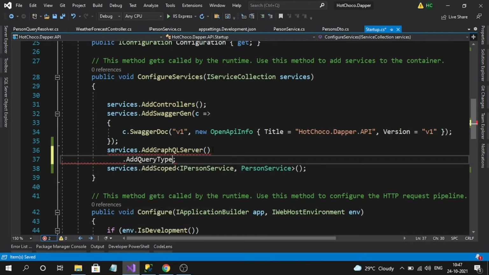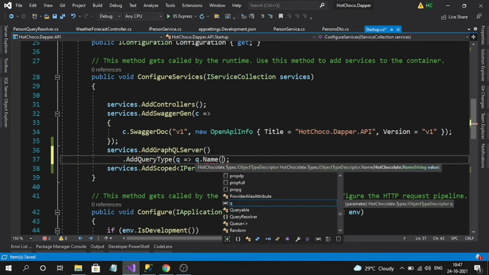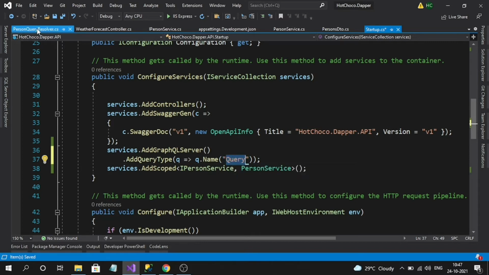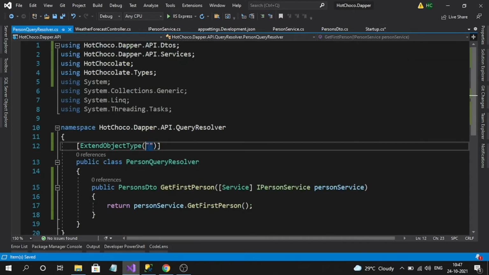So that is query, okay, and here you can specify the name. You can specify any name. I can simply specify the name query. This name must be used by the extend object attribute of the resolver.